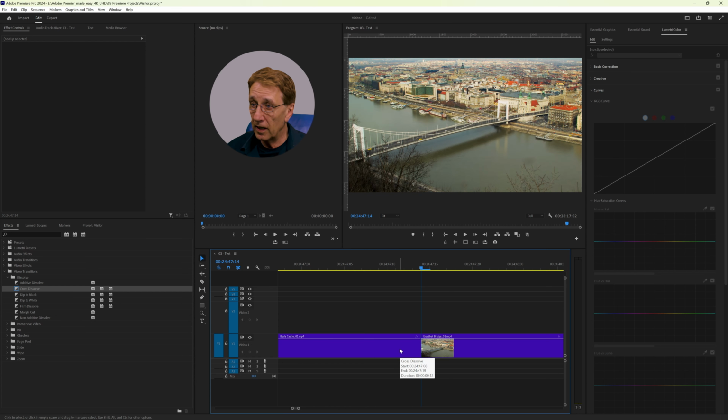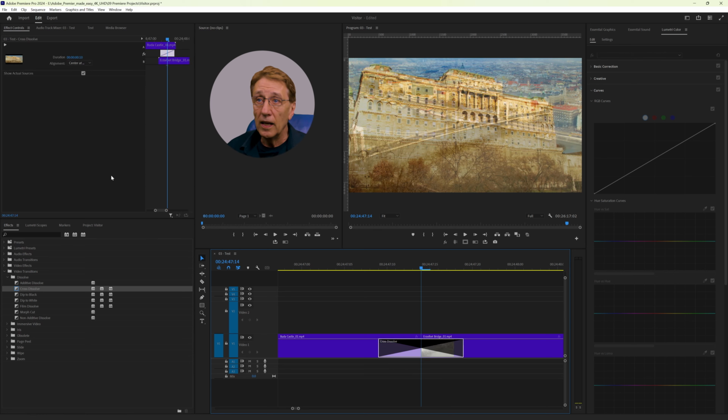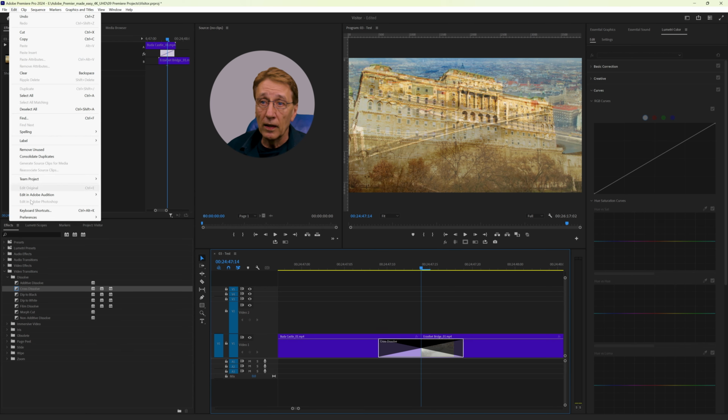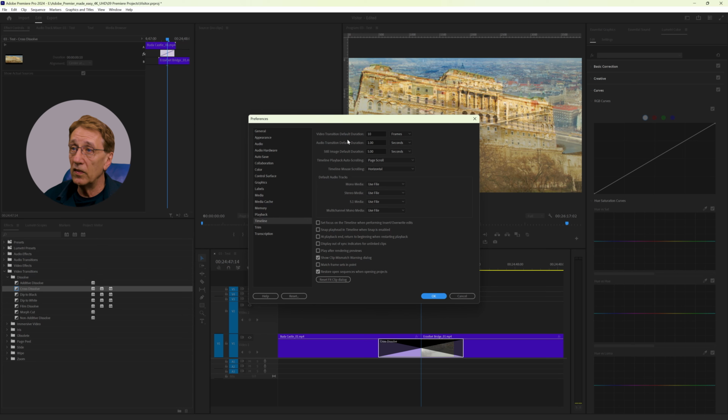So I delete it, and instead I can just hit Control D and it will set the default dissolve. And why it is set to 10 frames, we can adjust this by going to Edit and Preferences and then Timeline. And here we see the default is 10 frames.